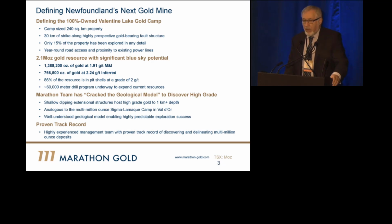We have a camp-sized property, 240 square kilometers. And we have 30 meters of a gold-bearing fault zone that comes through our property. This fault zone, the Cape Ray structure, continues through the island. We've only really looked at about 15% of our property in any detail. Part of that's because of topography, and part of it is because up until just recently, we really had limited